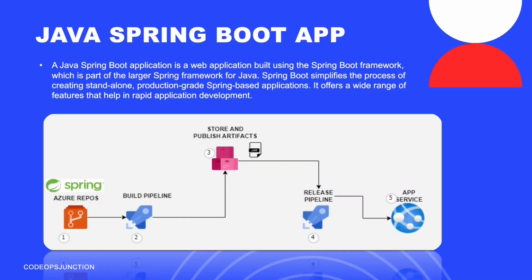Now we will see how we are going to deploy our Java Spring Boot app using Azure Pipelines. You can see in the image below. First, Azure Repos contains our Spring Boot application. Second, we will fetch the code and check it out in a build pipeline, and we will create a YAML file. We will build our code and generate artifacts. The artifacts will contain a jar or war file. We will then create a release pipeline, take our artifacts, the jar or war file, into the release pipeline and deploy